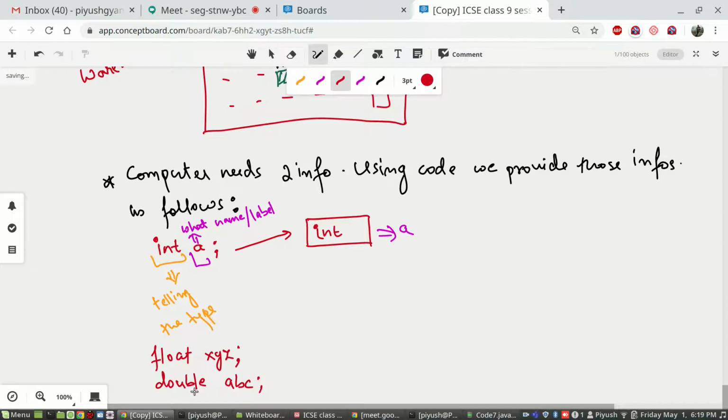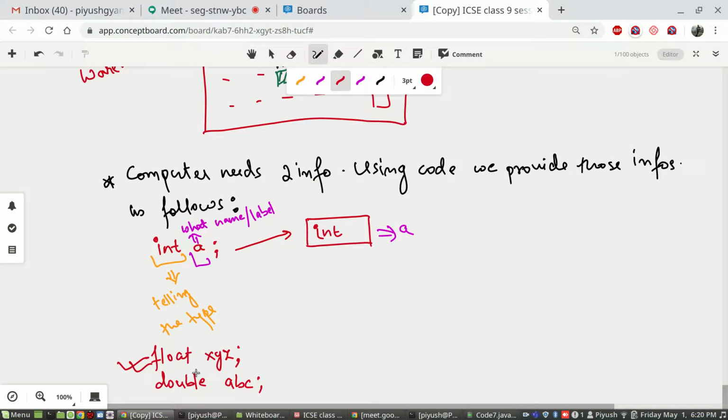Okay, for now I'll tell you only one thing. For the sake of saving memory, we should try to use float type as far as possible, because a double location consumes more space. So till the time you are very sure you don't need a lot of space for one single value, you will use float. For most of our learning purposes, float will suffice.